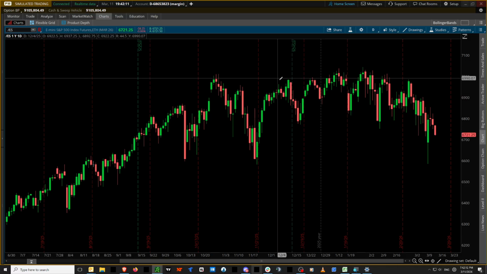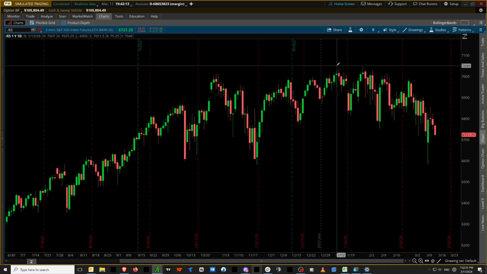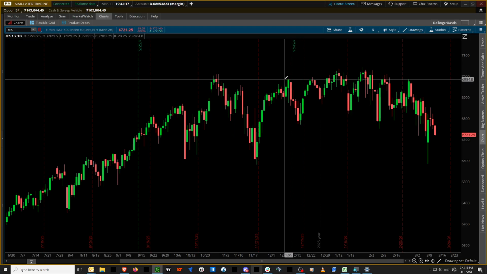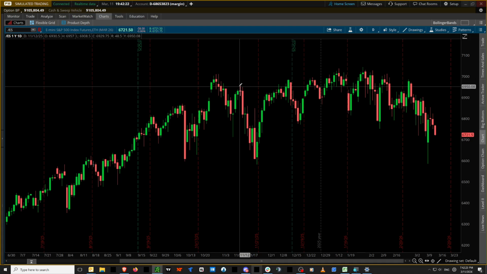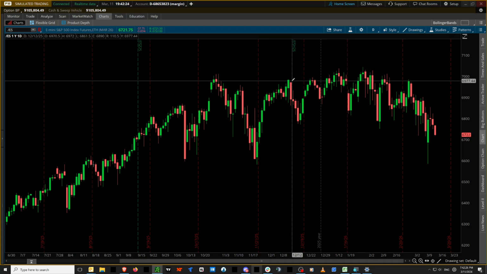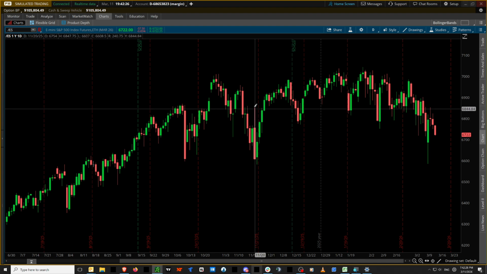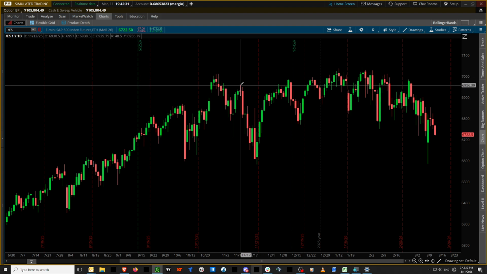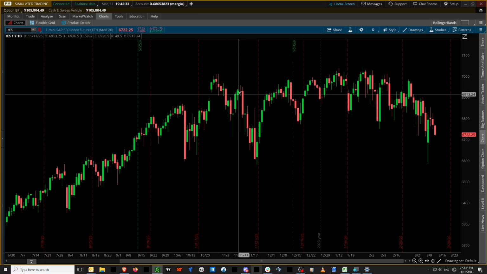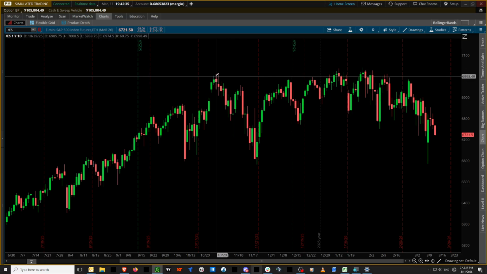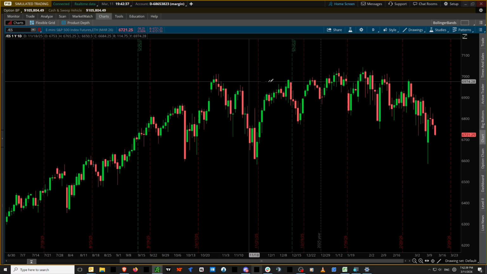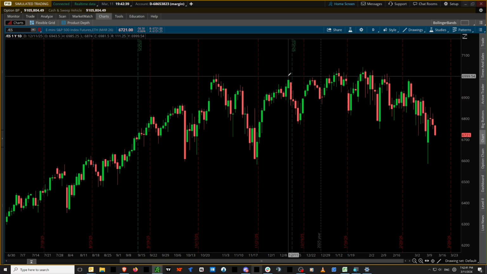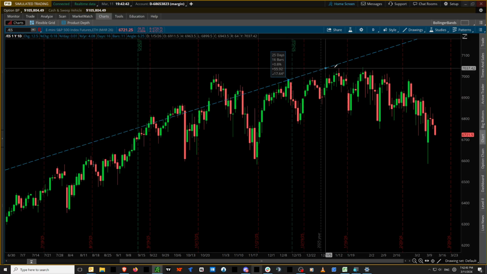Okay. I got a high here and a high here. This high took out this high. Now, I didn't take out this one, but it took out all of this as well as that. So I've got a couple places I could start. Is this a qualifier? Well, not really. It did take out a little bit here, but there's a really good high real close to it, so I'm not going to count that one. It's too close.